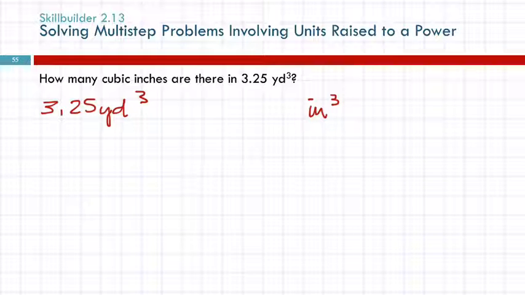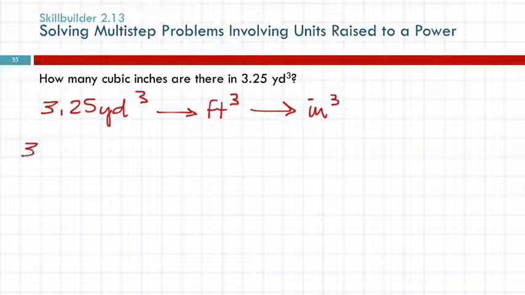You could do this in 1 step or in 2. We're going to do it in 2 because it says solving multi-step problems. So yards, we're going to go to feet cubed and then to inches cubed. When you do this, first ignore the cube and then bring it back. So 3.25